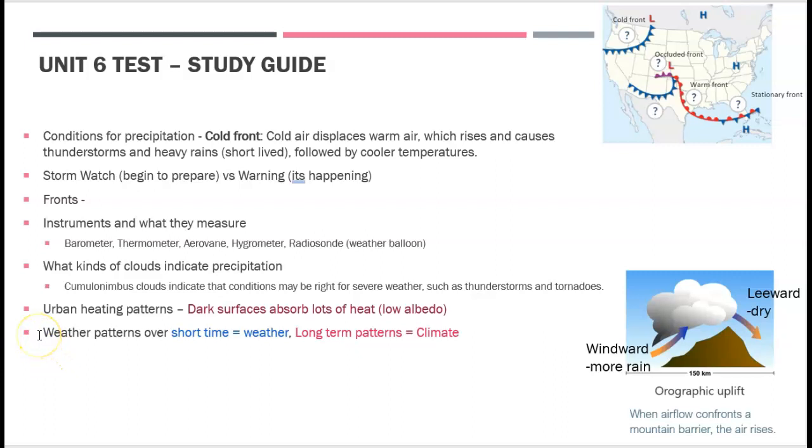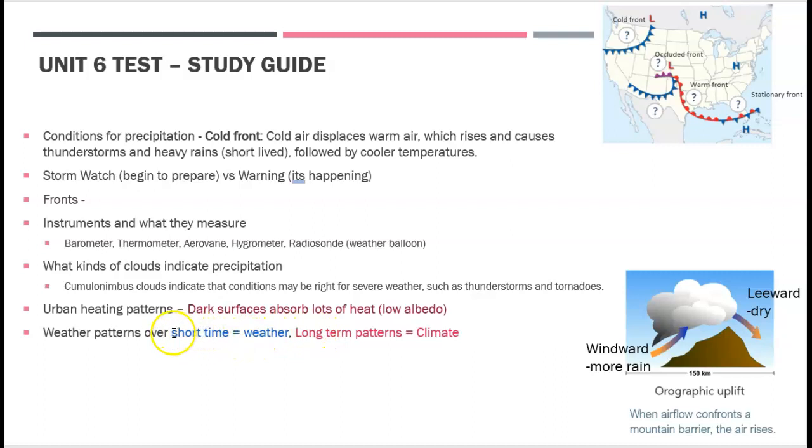Okay, finally, we have weather patterns. Weather patterns over short time are just called weather. But when we look at long-term patterns and long-term averages, we're discussing the climate. And one example that we talked about was Seattle. So in Seattle, the climate tends to be rainy. There is a lot of precipitation throughout the year if you live in Seattle,